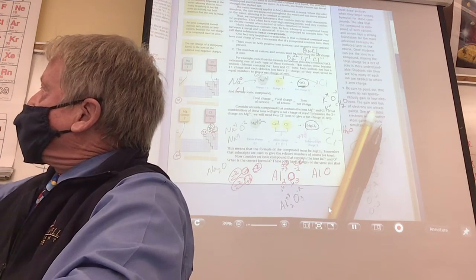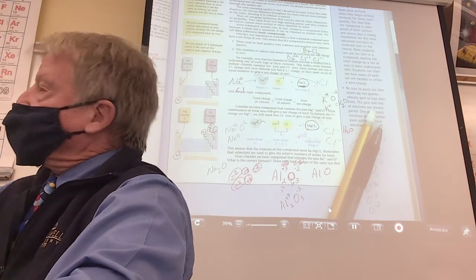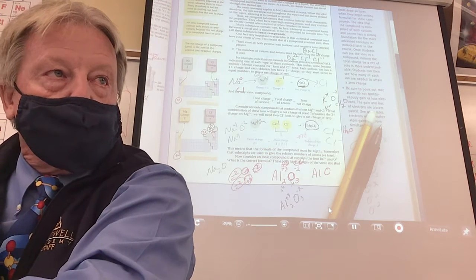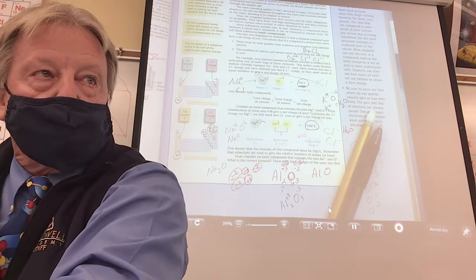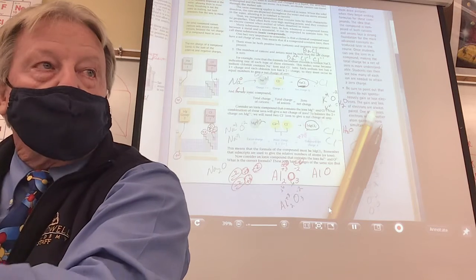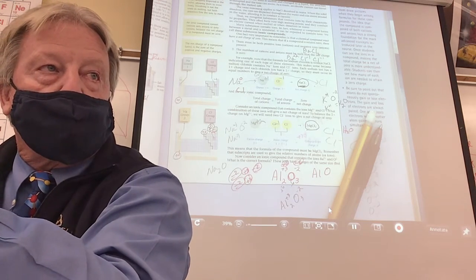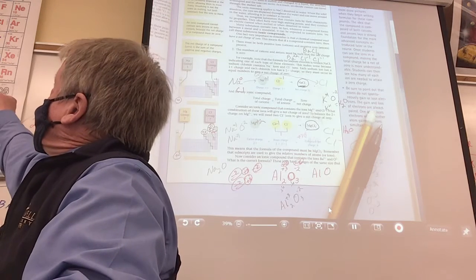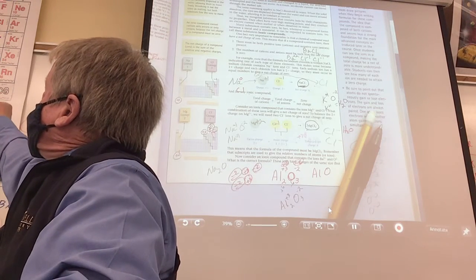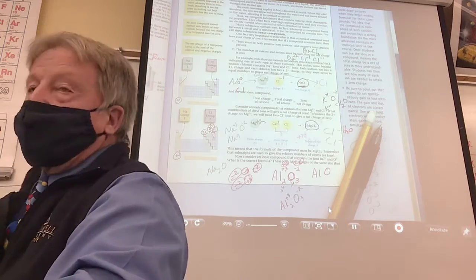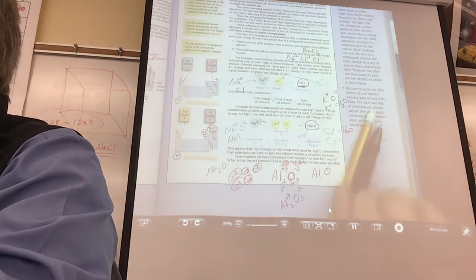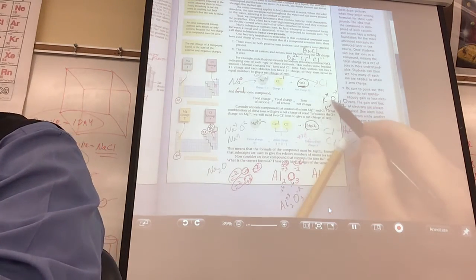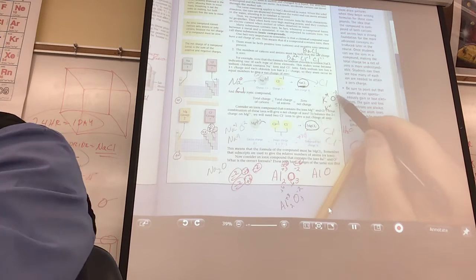Potassium is in this group, right? What is it going to have a tendency to do? Remember, metals like to lose electrons. How many is it going to lose? 1. So that's going to make him +1. What's oxygen going to do? These tend to become -1, but these tend to become -2. So let's write down potassium's +1, oxygen's -2.